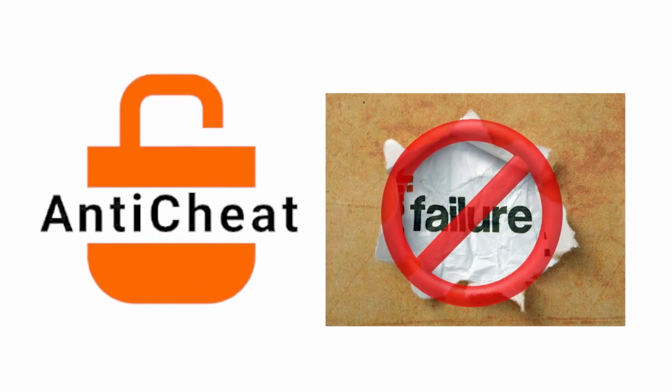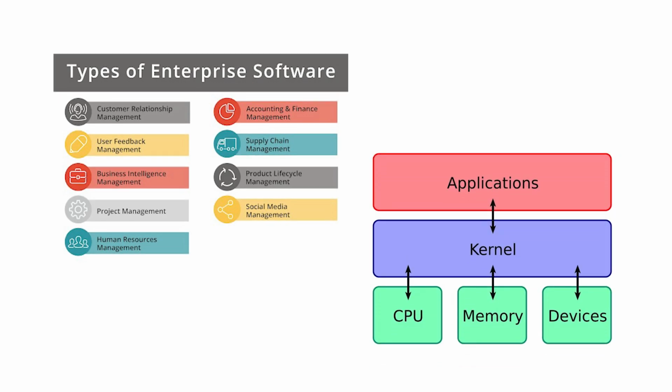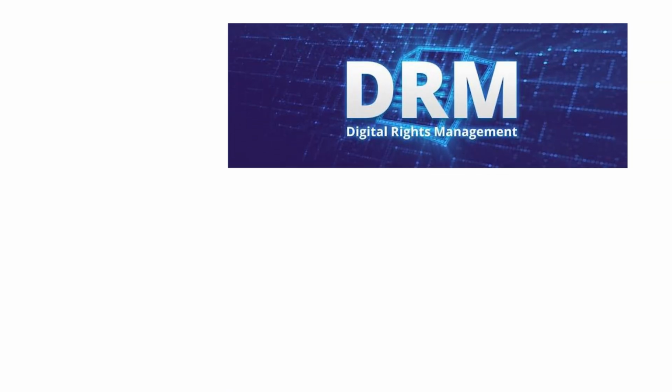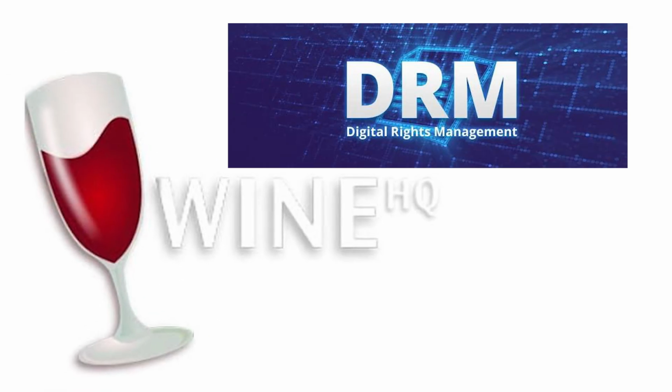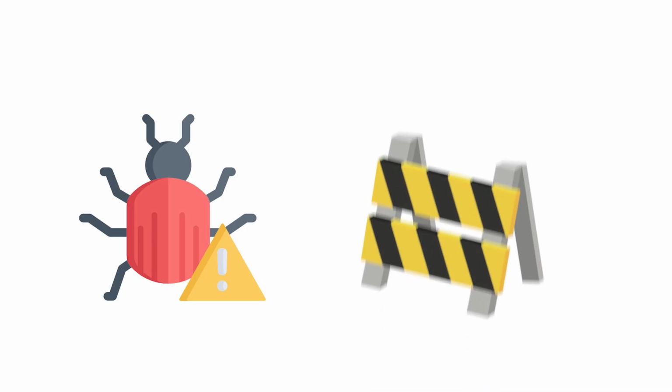Beyond anti-cheat, the failures shrink fast. Some enterprise software installs its own kernel drivers. A handful of DRM systems check for things Wine does not reproduce. Everything else is a bug report, not a barrier.